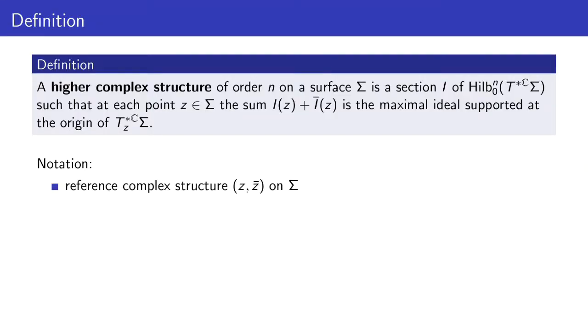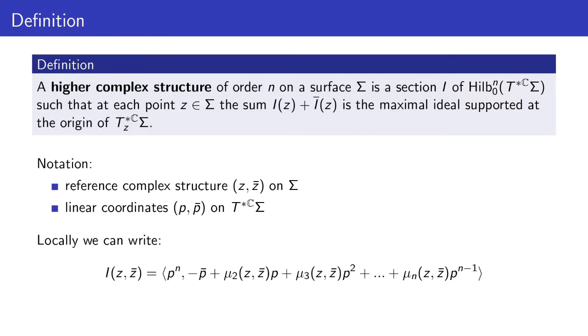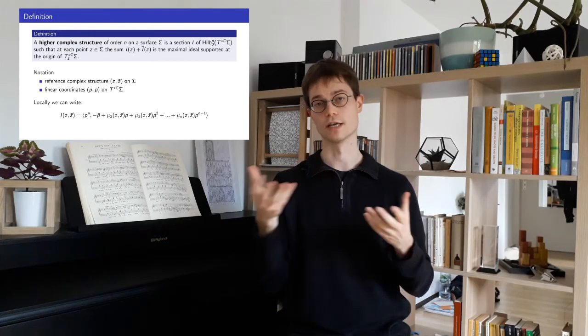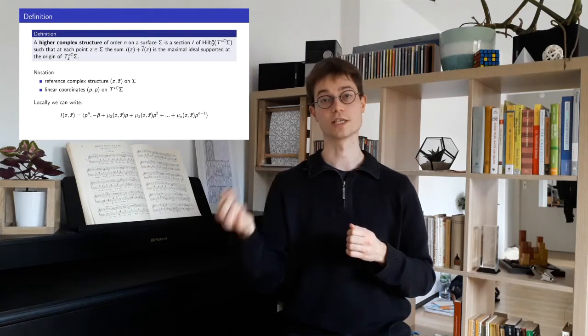So I take some reference complex structure on my surface, which is given by coordinates z and z bar, and I will denote by p and p bar the linear coordinates in the complexified cotangent bundle. With this, I can write the higher complex structure for each point. It is given by some ideal I, which depends on z and z bar, and it is of the following form. It has two generators, one which is nilpotent, p to the n, and the second one is p bar equals some polynomial in p, which is in fact this Lagrange interpolation polynomial, which we have seen in the last lecture. In fact, we have seen in the last lecture that a generic point of the zero fiber can be